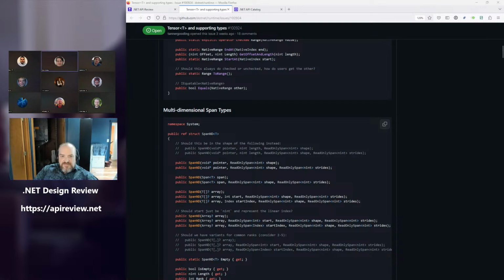The reason span-nd ended up winning out over something like nd span was because it's then a suffix. It's consistent with presumably how we'd name alternatives of this type that did have a fixed dimension count. So span 2D, span 3D. It matches the suffix convention that we've used for things like vector 2, 3, 4, etc. Ideally, this could have just been called span, but of course that name's taken, and it can't be used here.